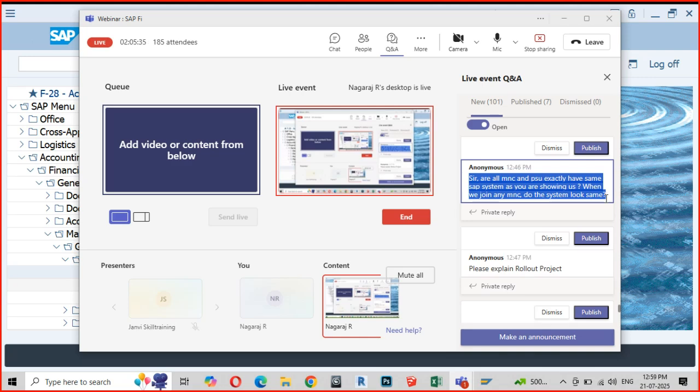Obviously, the SAP standard screens will be the same. Your data entry screen and everything may not change. But is the requirement expected of an MNC SAP system the same as that of a PSU?